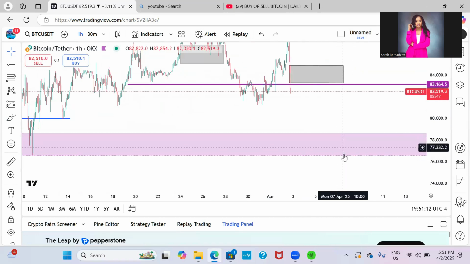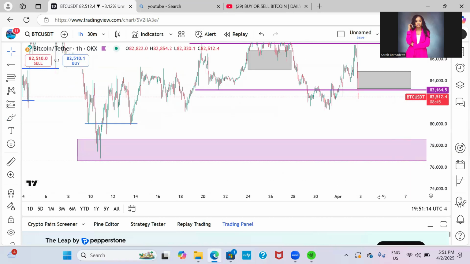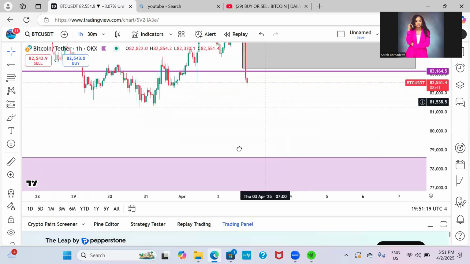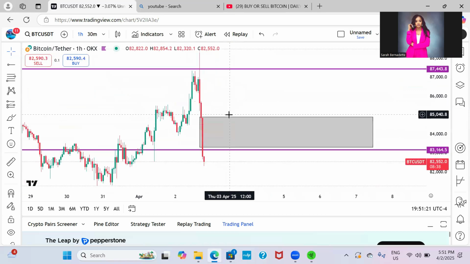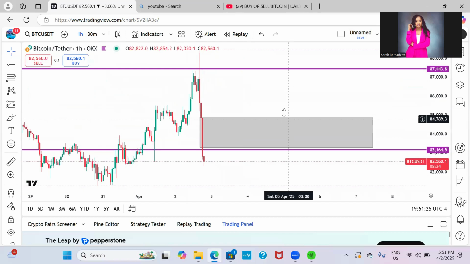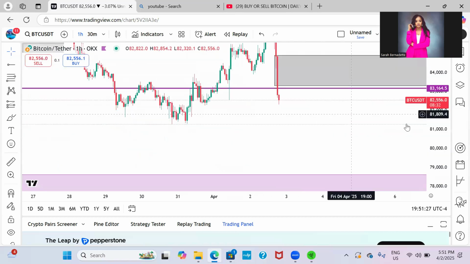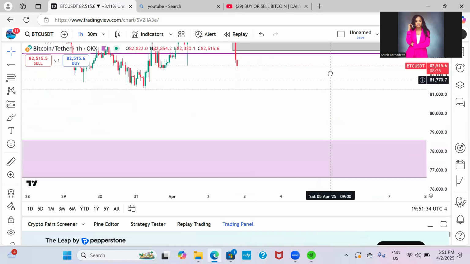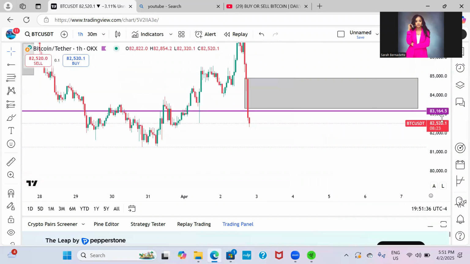So this 78,76 is basically where Bitcoin should get to within the next few days or so. I don't expect Bitcoin to go back above 85,000. I don't expect that to happen. So basically that's it for Bitcoin right now. I see an amazing opportunity to enter sells, and then just enjoy your profits